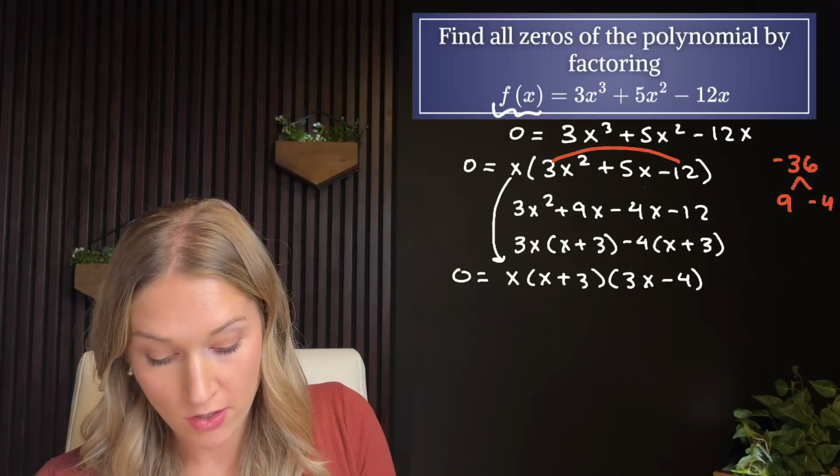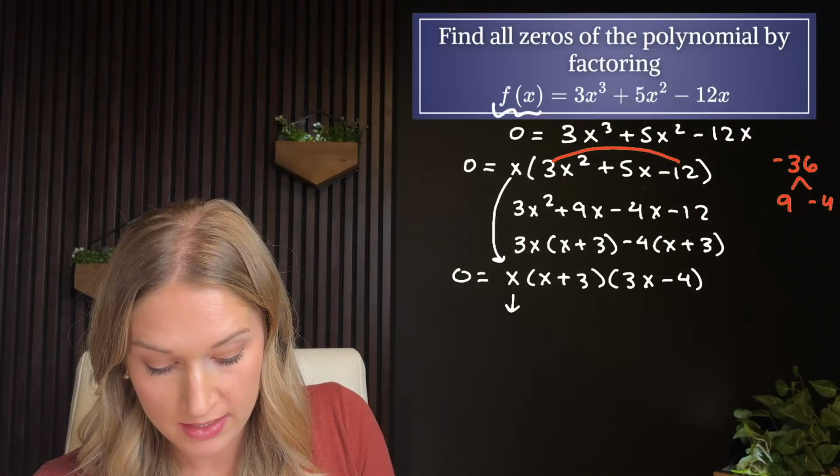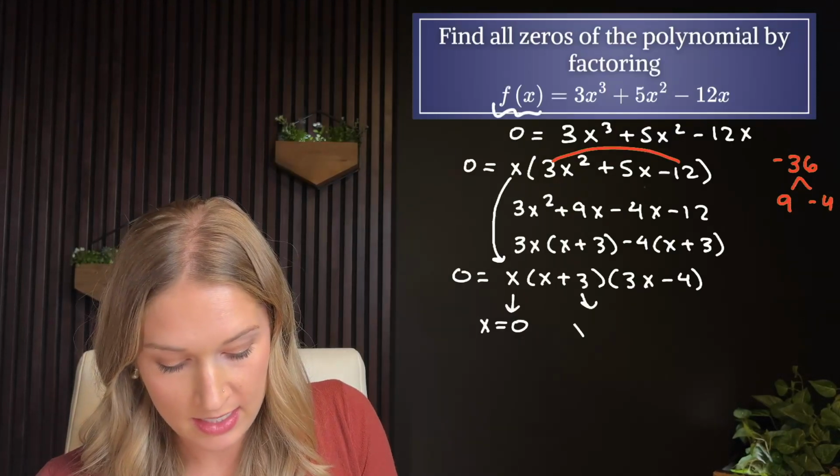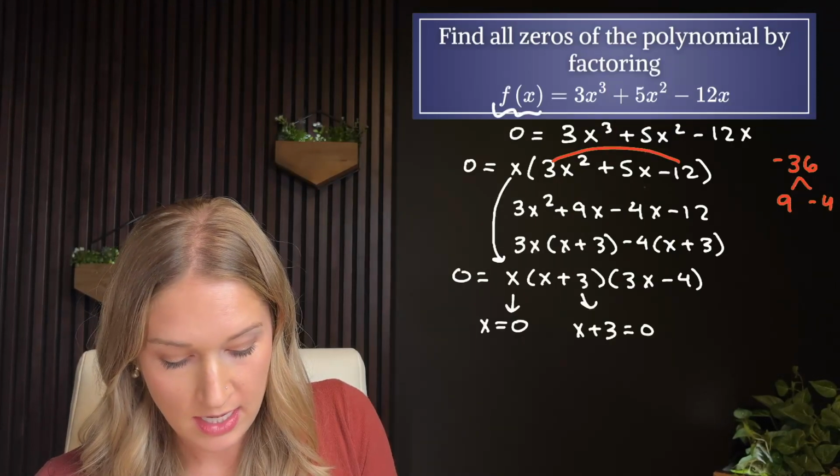In this case, there are 3 factors. The first one is this x, which could equal 0. The second one is that x plus 3 could equal 0, and the last one is